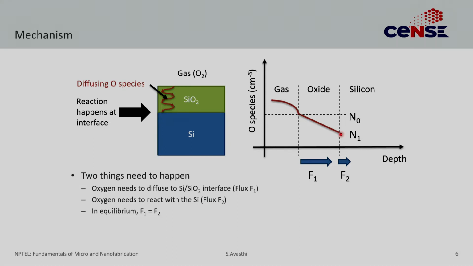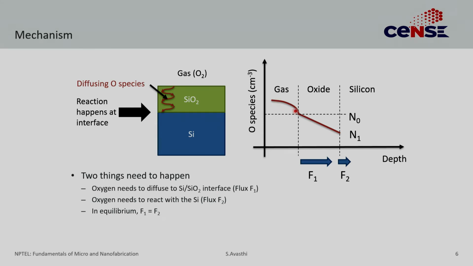Now of consequence are 3 fluxes, of which 2 are important. The one flux is the flux that is within the gas itself. So the oxygen species is moving from this region of higher concentration to this region of lower concentration. It turns out that depletion is very minimal, that flux is very large. For the purposes of this discussion, let us ignore it. When we talk about chemical vapor deposition, however, this will become the dominant mechanism, but we will come to this at that point in time. For now, let's just ignore it.